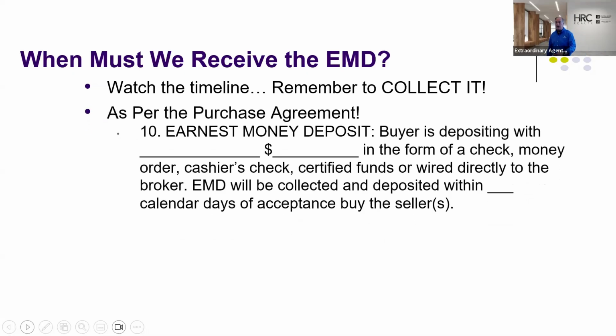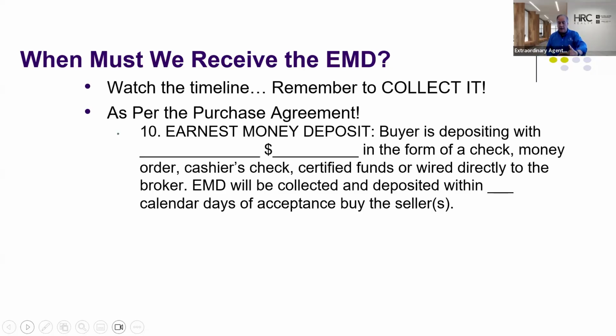Okay. Here's what the purchase agreement says. Our purchase agreement: Buyer is depositing blank amount of dollars. Is depositing with, that's the escrow. Now, normally that's going to be either Coldwell Banker Professionals or Century 21 Professionals. But it could be the title company. That could be the builder, and you're going to list the name out on the purchase agreement, and you're going to put that it's in the